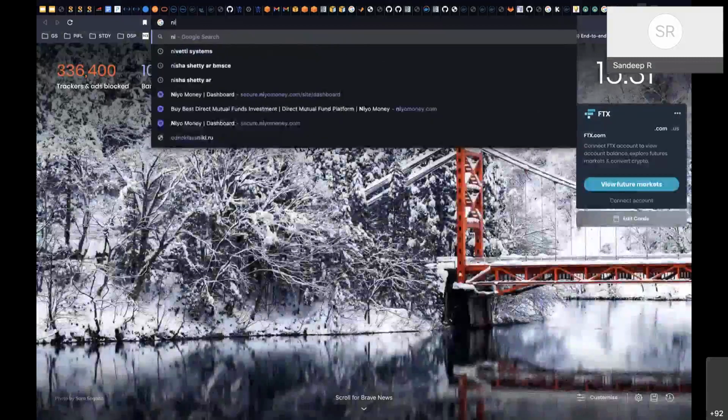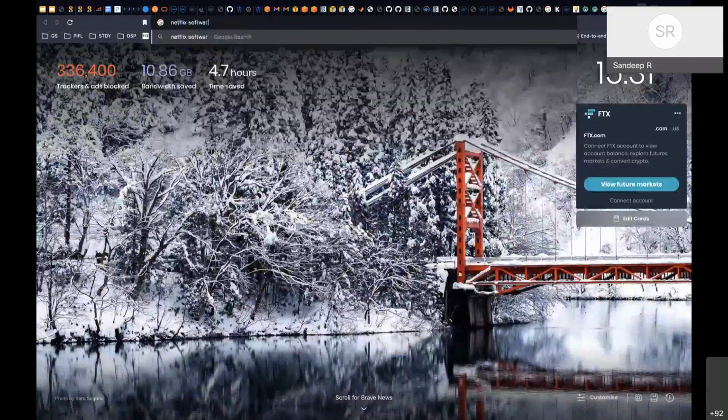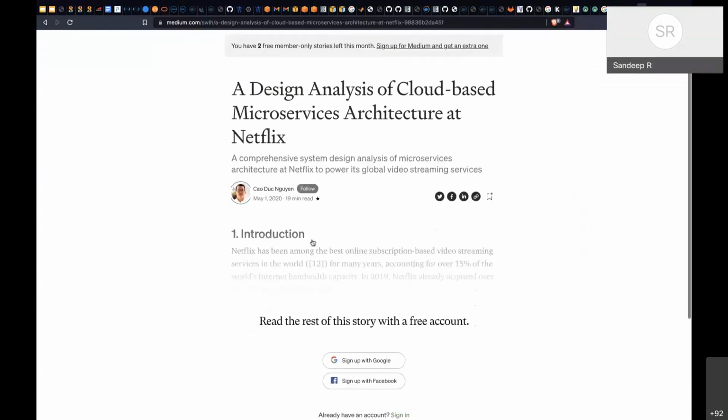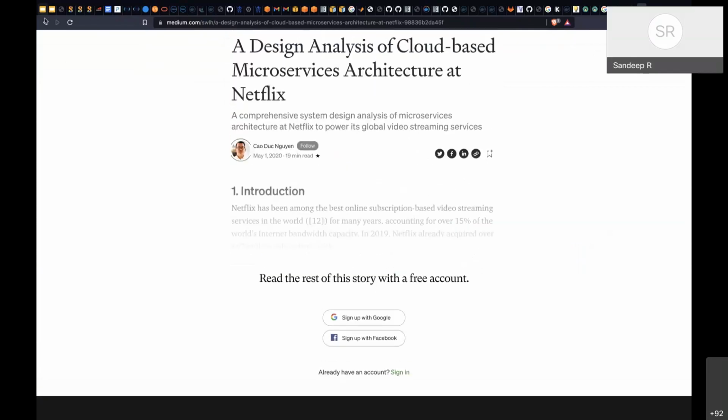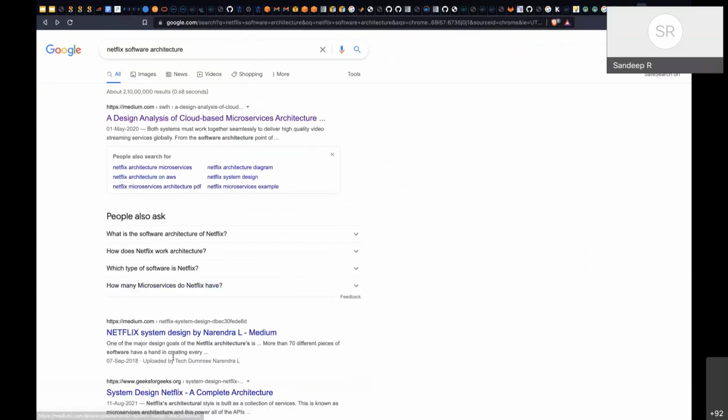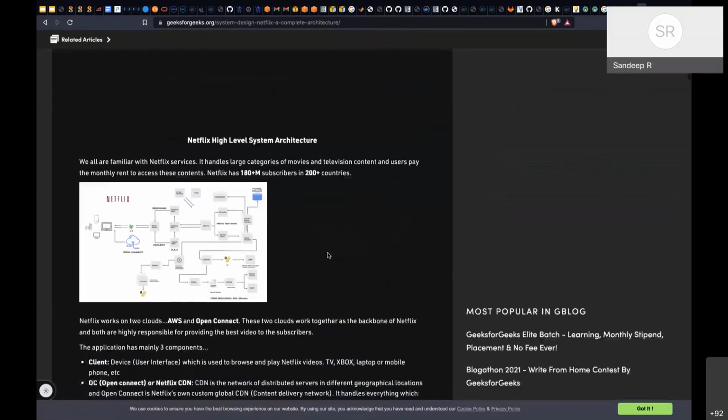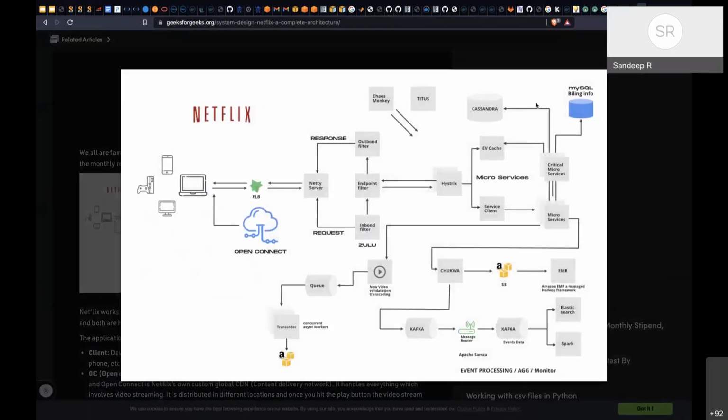Netflix software architecture. In fact, you can see how Netflix is doing it. So this is how the Netflix architecture is going to be.